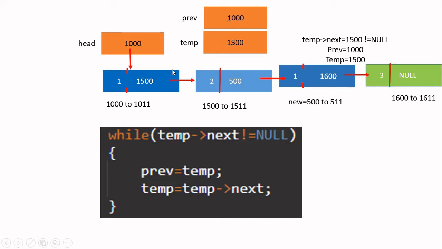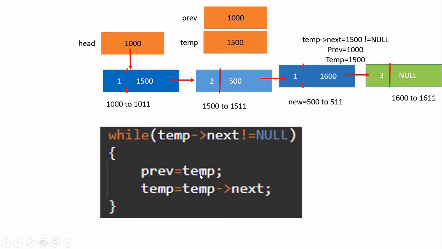Previous is containing 1000, the address of this node, and temp is containing 1500, the address of this node. When we started, we made temp point to this particular node. Try to follow my cursor movement. This node is not containing null in its next field, so I make this node the previous node and this node temp.